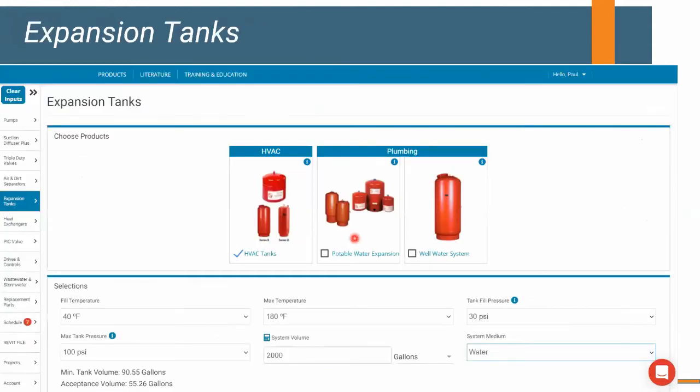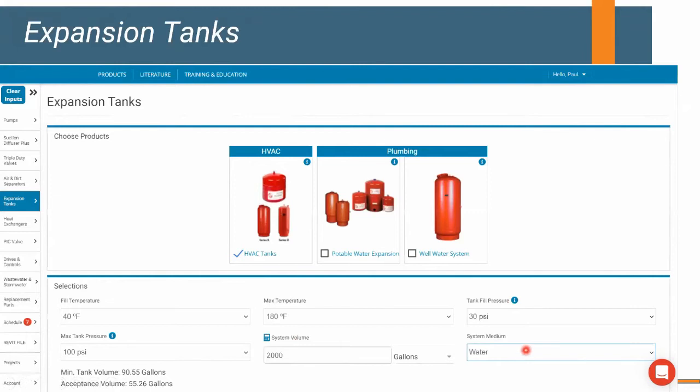Another thing that's a great little tool here are expansion tanks. For me, I really like B&G's tank selection software. It's super easy to use. And I just kind of wanted to touch on some highlights. You can change any one of these fields as far as entering temperature, max temperatures, fill pressure, max tank pressure, which is your relief setting, and then system volume. There's calculators here too, based on your line size and total lengths, to figure out roughly what your system volume would be. And then if you're using something other than water, you can certainly change it for glycol mixes